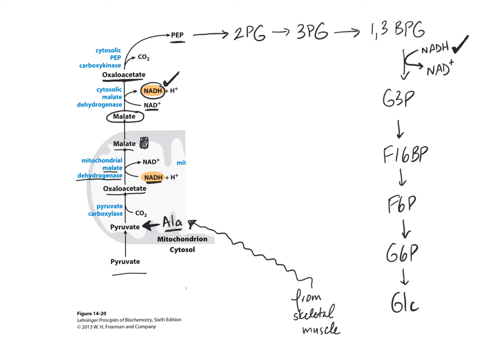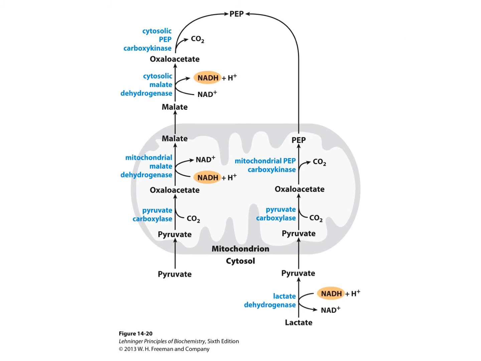So bypass step 1, which involves a couple of reactions, can also have a slightly different path. Here we see the path that happens when your body is producing lactate. You're normally not doing very much of this pathway because you're not producing much lactate normally. You only produce lactate when you're doing anaerobic respiration